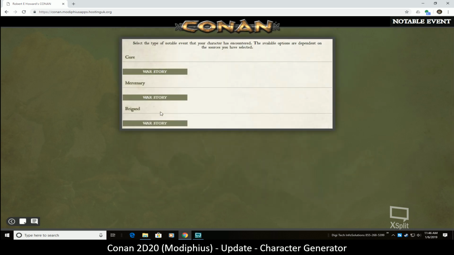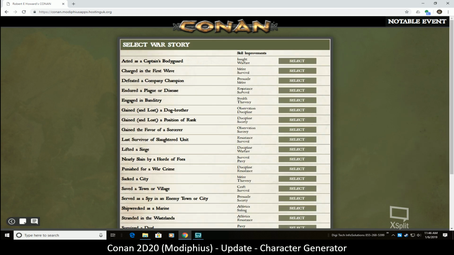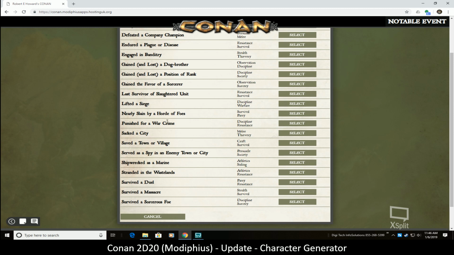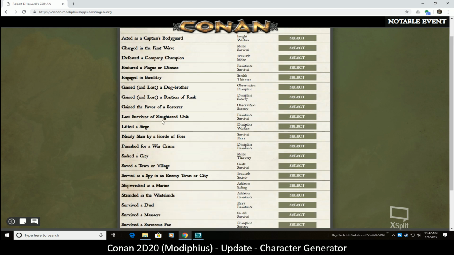Notable event. So I could choose different war stories here. I could go with a core. I can go with a mercenary war story or brigand war story. Let's go with a... All right. Let's say he...